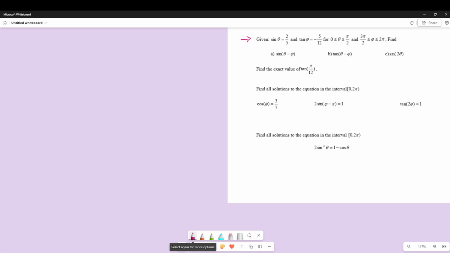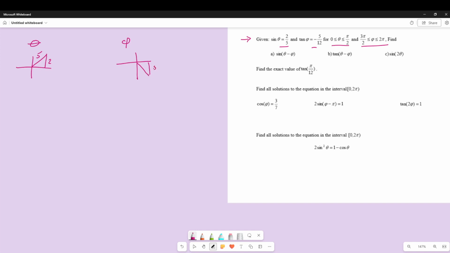But we're given information about 2 angles. We're given information about theta, and we're given information about phi. For theta, we're told our sine is equal to positive 2/5, and we're in quadrant 1. So we're in quadrant 1, and our sine ratio is 2/5. For phi, we're told that our tangent is negative 5/12, and we're in quadrant 4. So we got to be down here in quadrant 4, and our tangent is negative